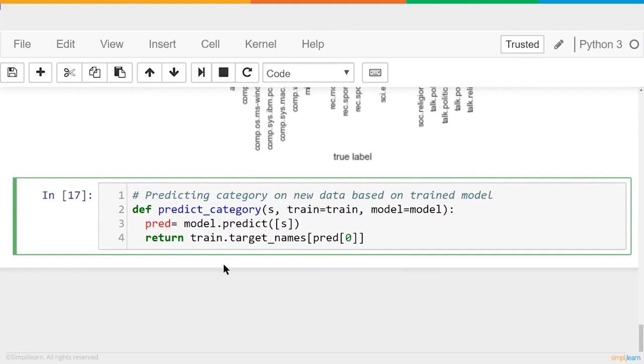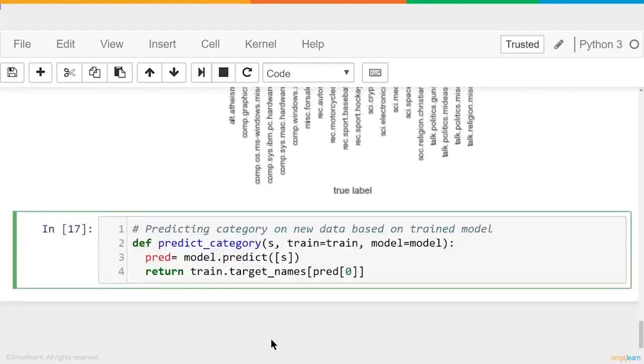And then we're going to set the prediction equal to the model.predict of s. So it's going to send whatever string we send to it. It's going to push that string through the model pipeline. It's going to tokenize it and put it through the TF-IDF, convert that into numbers and weights for all the different documents and words, and then it'll put that through our naive Bayes. And from it, we'll get our prediction. We're going to predict what value it is. And so we're going to return